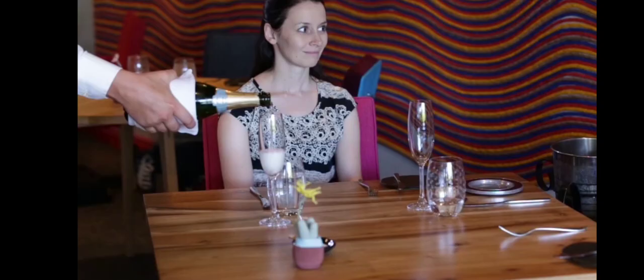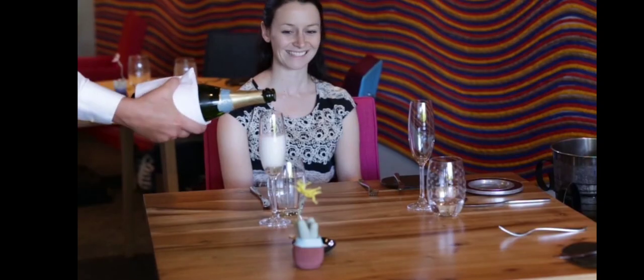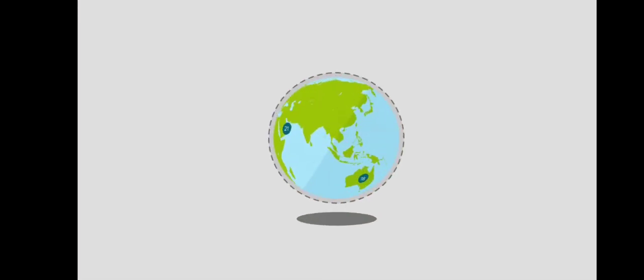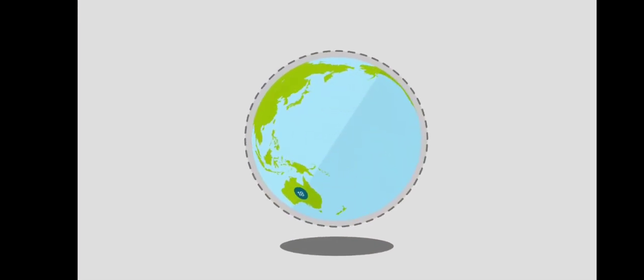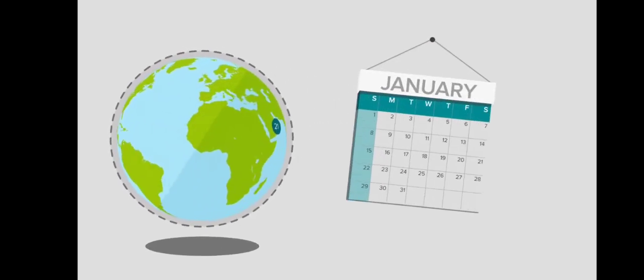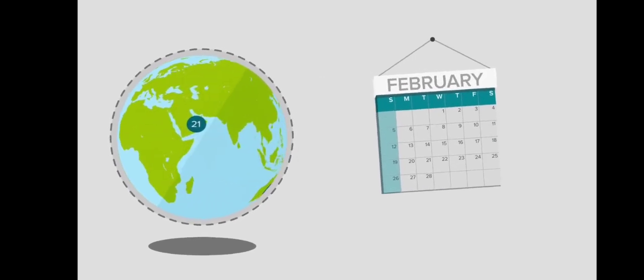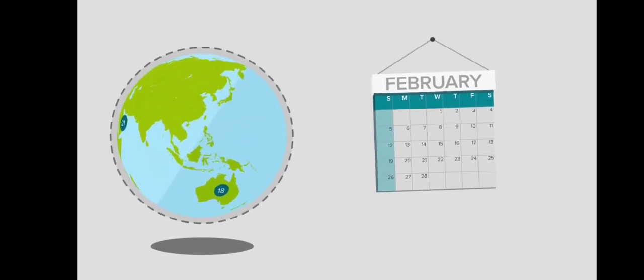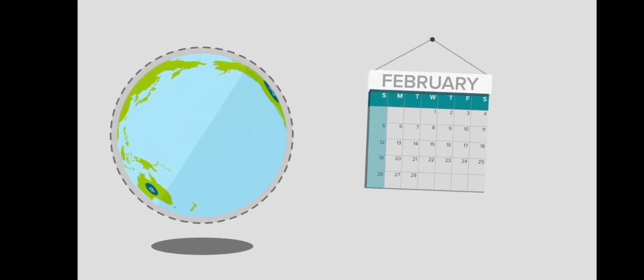Regardless of where you're situated, serving alcohol to guests in a restaurant or bar is a tremendous responsibility. It's crucial to know the legal drinking ages in your country. For example, it's acceptable to drink at the age of 18 in Australia, but you need to be at least 21 in countries like America and the United Arab Emirates. Also keep in mind other factors such as dry zones and religious holidays when serving and consuming alcohol is strictly forbidden.